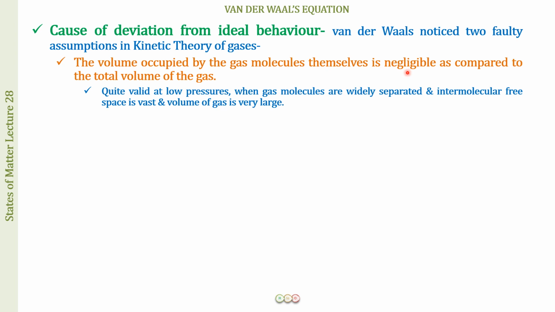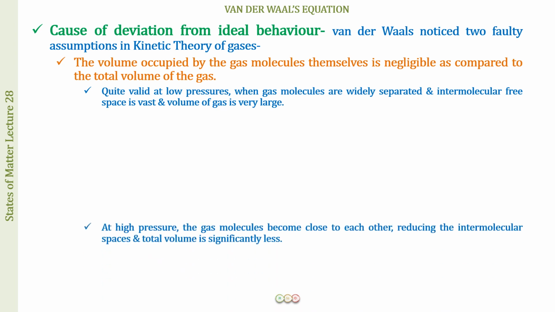For example, in a figure of 10,000.01, you can say that the value is approximately 10,000. You have just neglected that 0.01. But if the value is 1.01, you cannot neglect that 0.01. That is important. Fine. Similarly over here, if the gas is in a big container, we can just ignore the volume of the gas molecules. But if the container volume is quite low, right, at that condition, we cannot ignore the volume of the gas molecules.